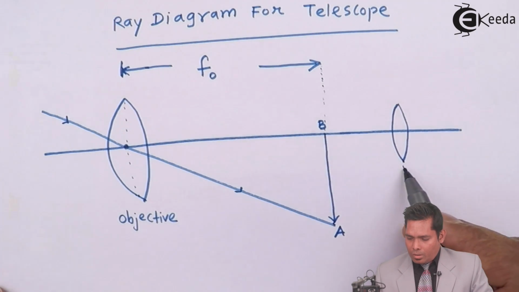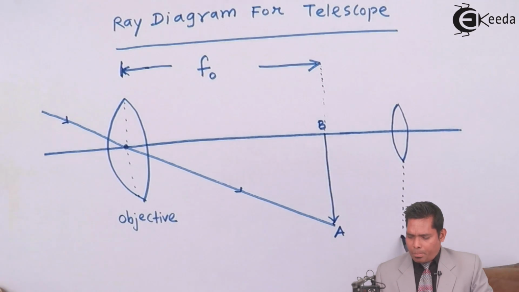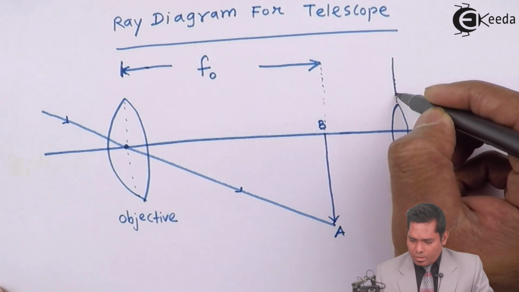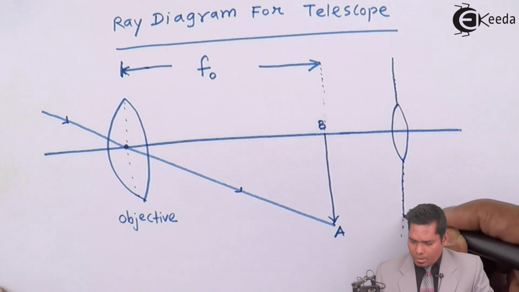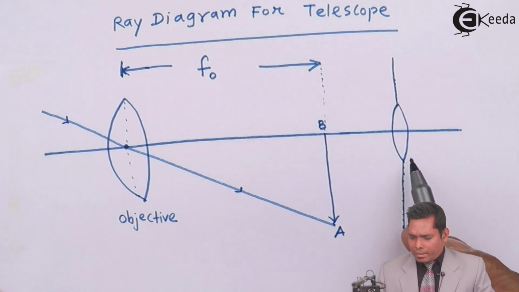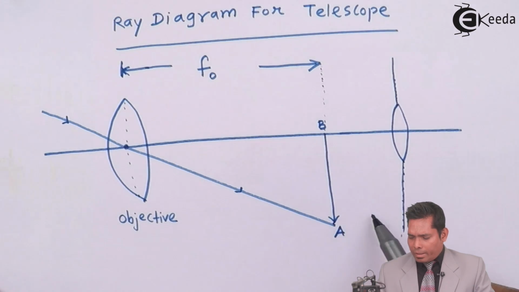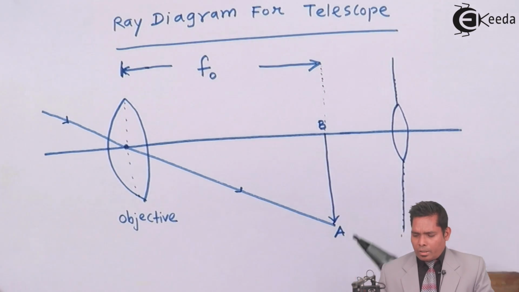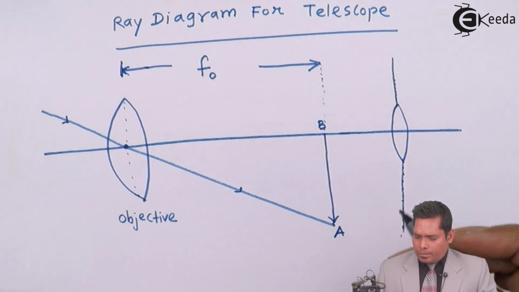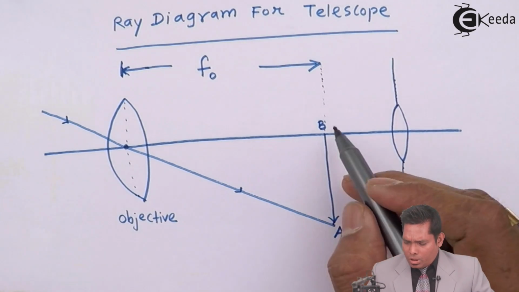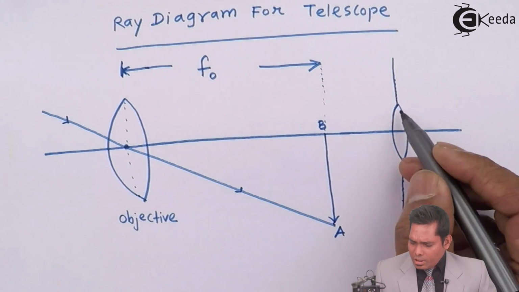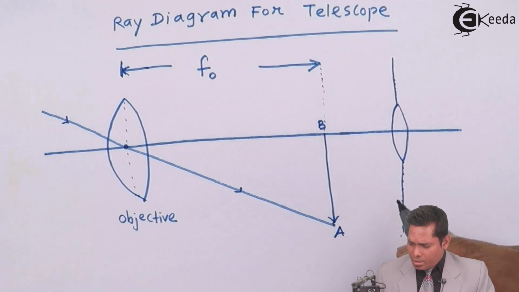This is the extended part of this lens. So I will draw like that because I cannot draw like this. Anyway, so this is the ray, and if this will be at the focus of this eyepiece, this is the eyepiece,